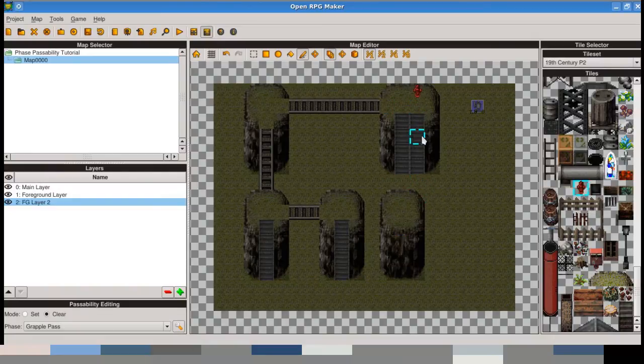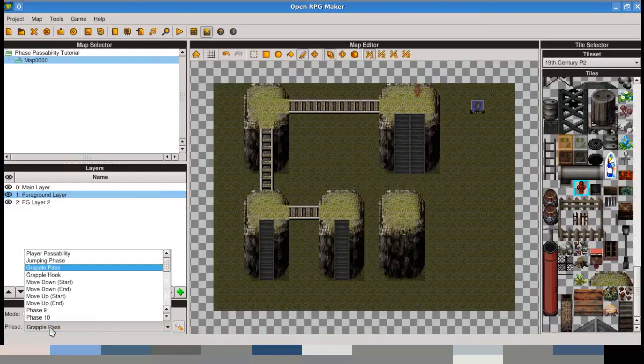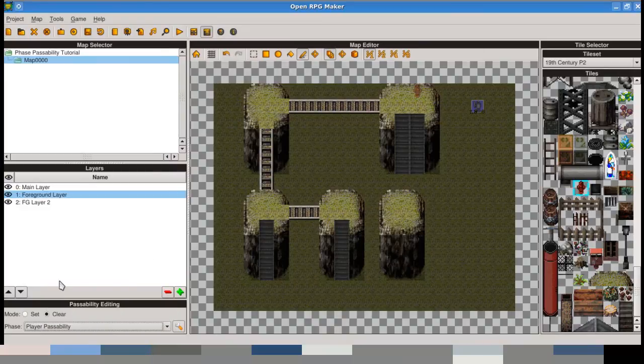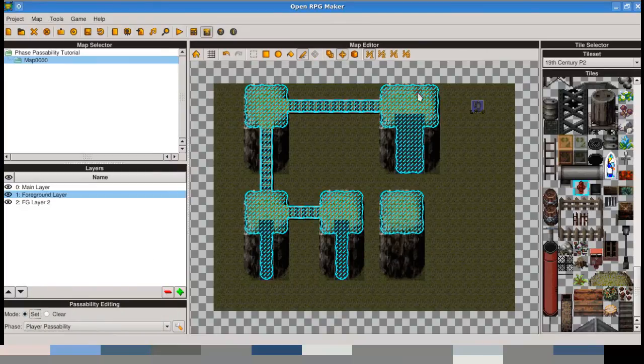Make sure it's aligned so that I can actually grapple to it, and then also go here and change the passability so the player cannot actually walk on this space. We don't want them to walk through it. And then we'll also change the jumping phase so they can't jump over it. Or actually, no, I think we can make it so that they can jump over it. That's the other nice thing there, is they can't walk through it, but in this case we can use that to say, oh, they can jump over it. And then